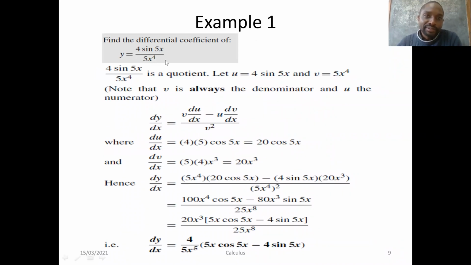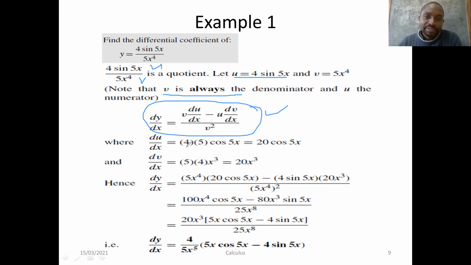Let's have this example, y equals 4 sine 5x divided by 5x to the power 4. Using the quotient rule, 4 sine 5x becomes the first function u, and 5x to the power 4 becomes the second function v, and we have to take note that v is always the denominator while u is the numerator. Applying the quotient rule, which is given here, you notice that we can find du over dx, the derivative of this first function here,